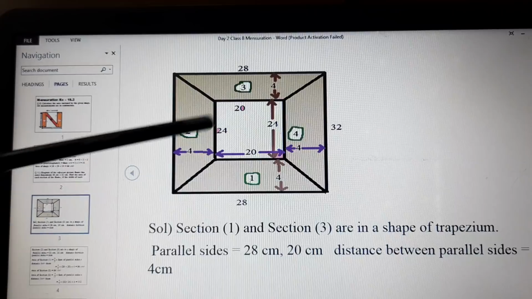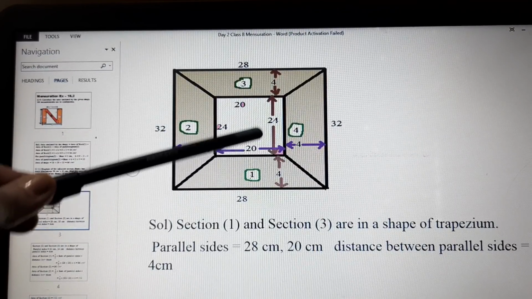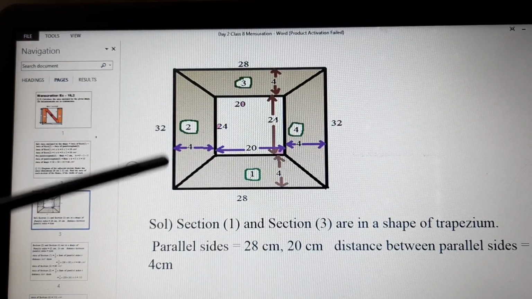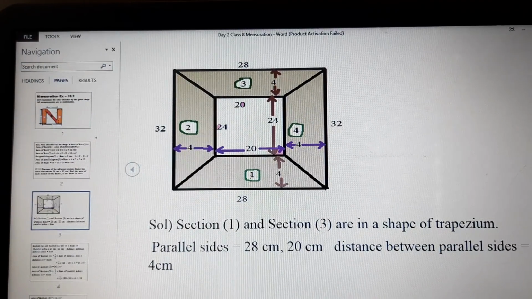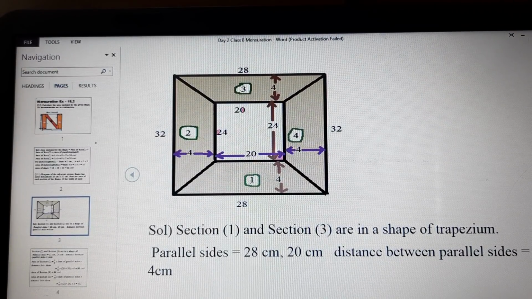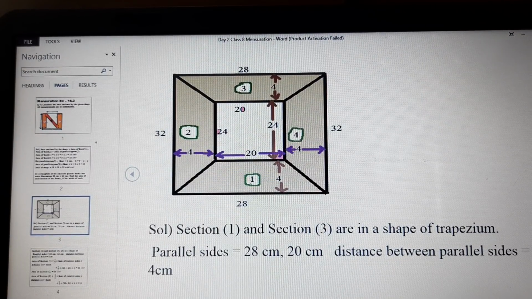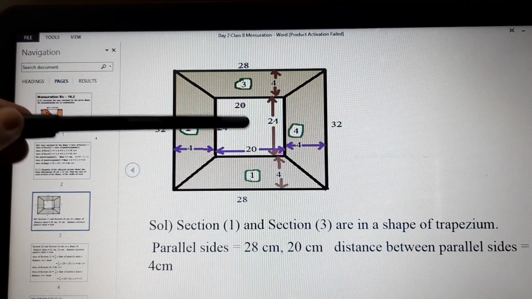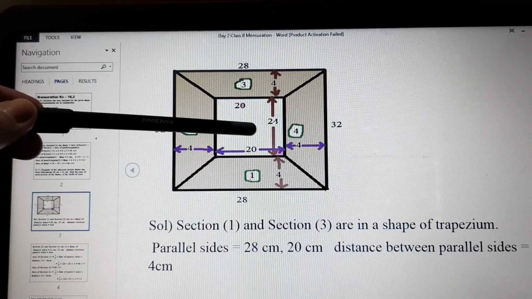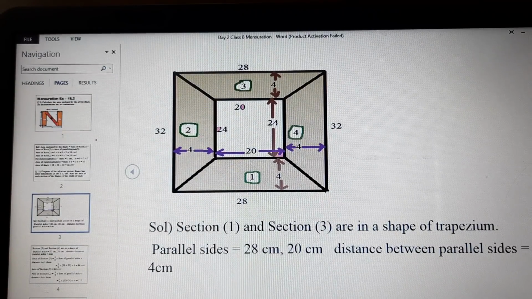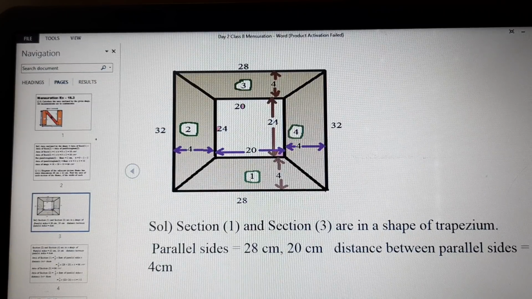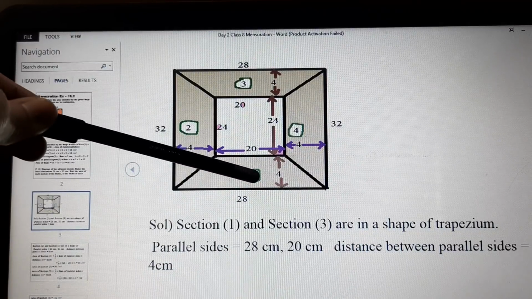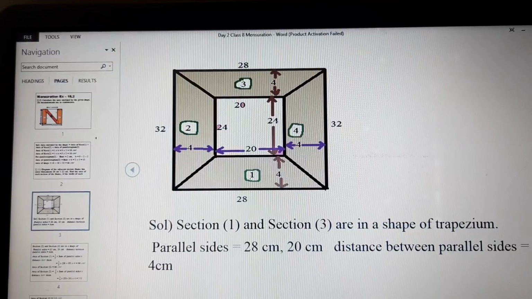So we have written it like, if this is 20, this will also be 20. If this is 24, this will also be 24. Likewise, if this is 32, this will be 32, and 28 and 28. Now we are supposed to find out the area of all four sections. Here, this portion has been given to put the picture. We are not supposed to find out the area of this portion, because this is the empty space where the picture will be put. Fine. The sections are these 1, 2, 3 and 4. They have been marked here.